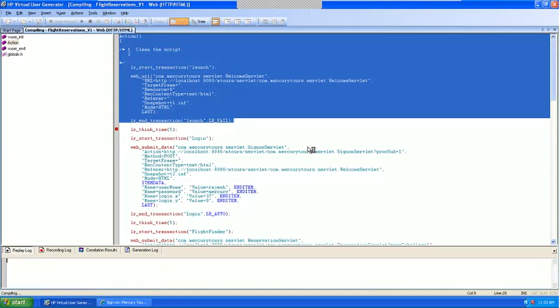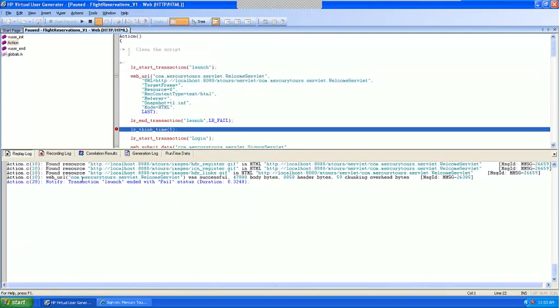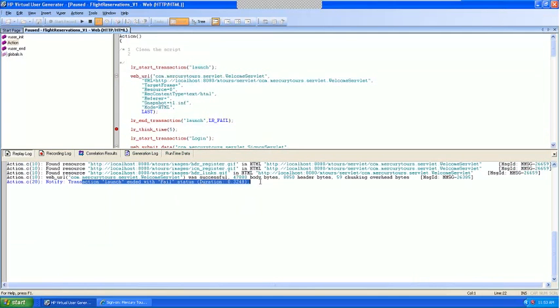Here, you see here, the transaction ended with fail status. If I put pass, it will say the transaction ended with pass status.